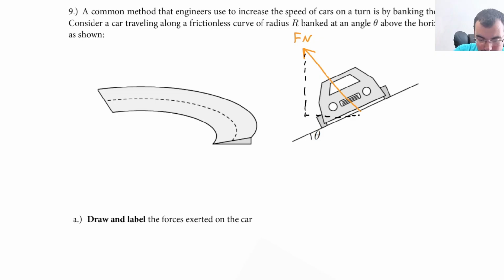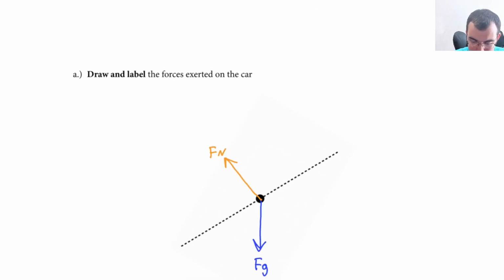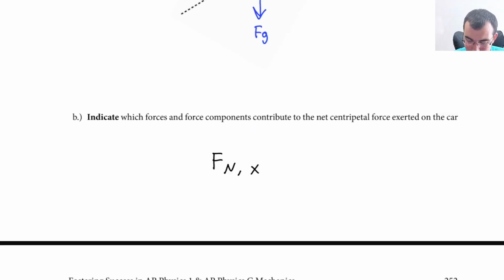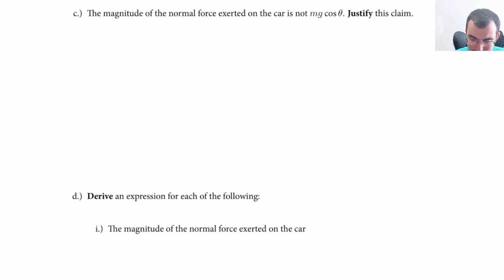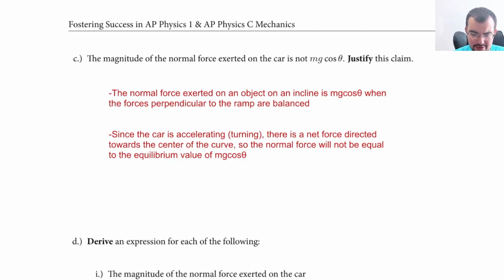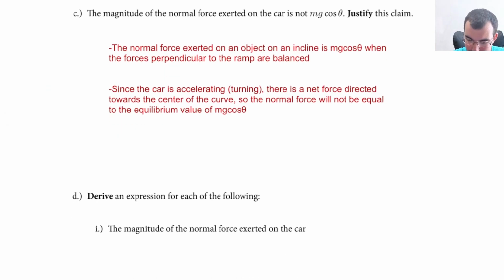The only thing we know for sure is that the car is going to move at a constant speed, meaning the car is not slipping onto the ramp or up or down the ramp. So what we know is that if we were to draw our component body here, the answer is that the car is accelerating. So since the car is accelerating, the normal force won't be mg cosine theta. But if we go a step further and draw our component body,